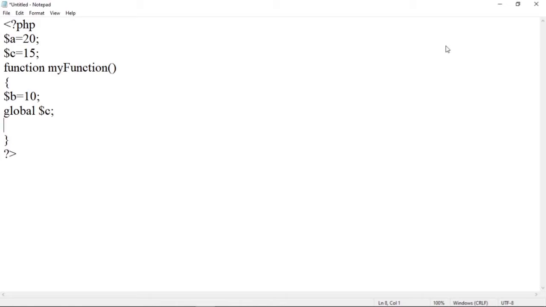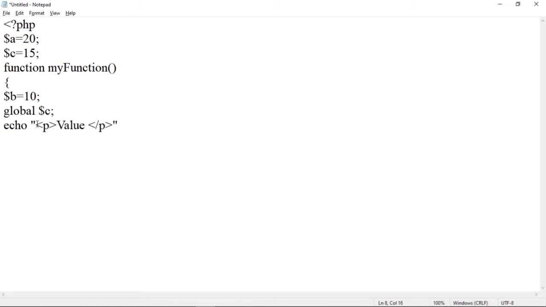Now we are going to print these different values stored in the variables. Let us first of all print the value of a. So echo, and within double quotes we are going to add a string that is to be displayed on screen. Let us add that string within a paragraph tag. So start the p tag and end the p tag. Within that, let us add a string to be displayed.